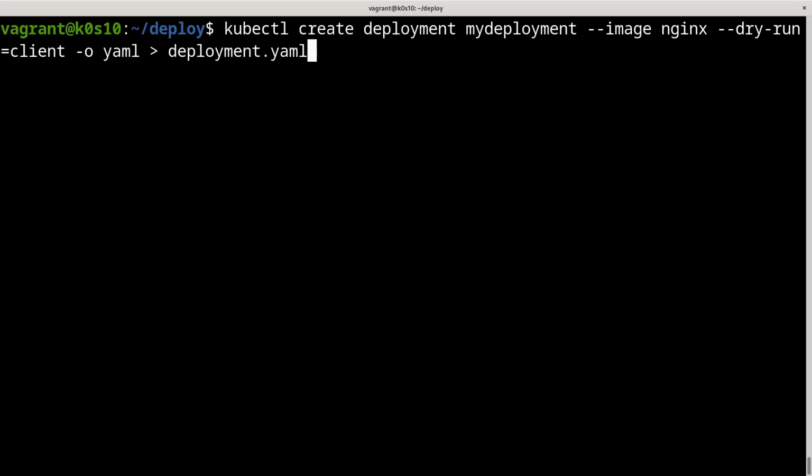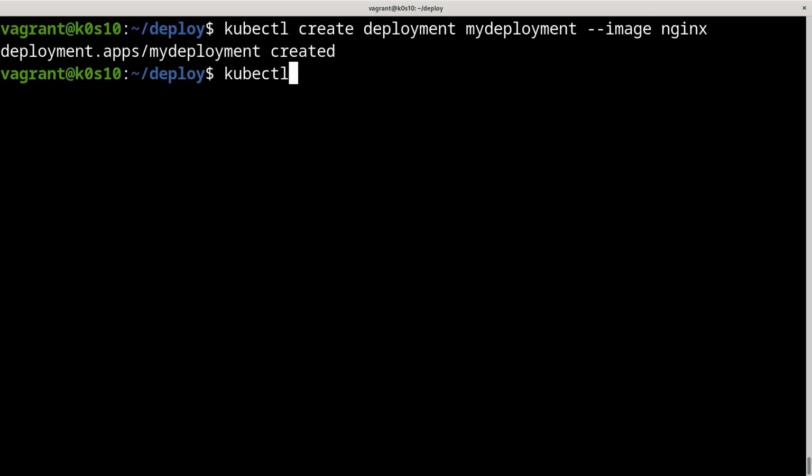You can just run kubectl apply -f deployment.yml, or if you want to use this one-liner, you can just remove, for example, the dry run and the output. And now we created our deployment, it's in status created, and if we check kubectl get deploy or deployment,